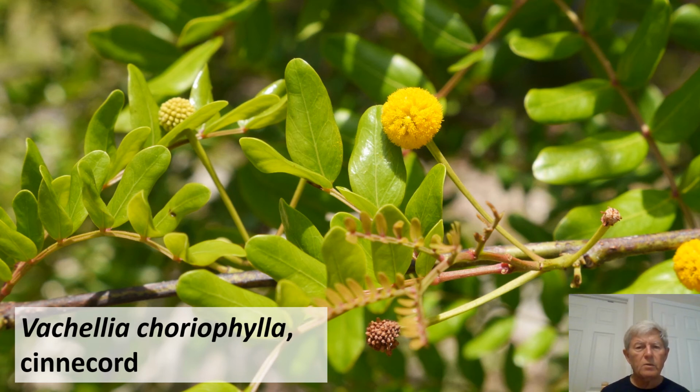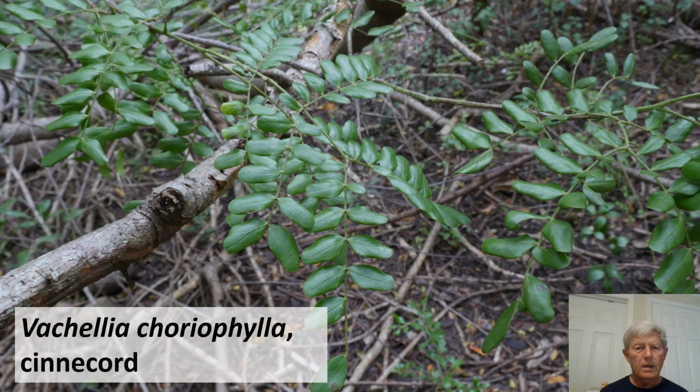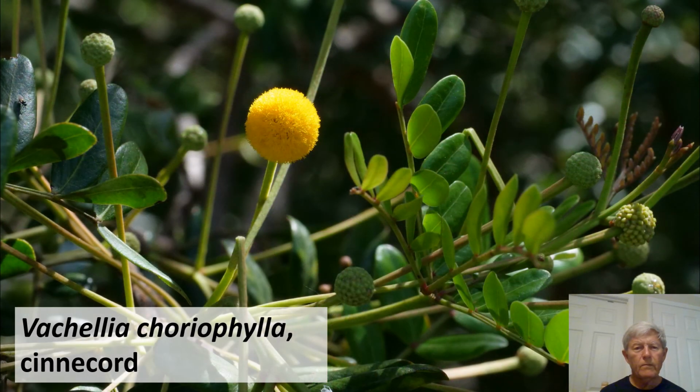But the main things to remember about this are both the lack of spines as well as the lustrous appearance of the upper leaf surface. And there shows again the bipinnate compound leaves, the inflorescence,